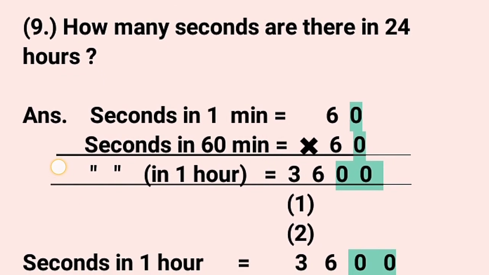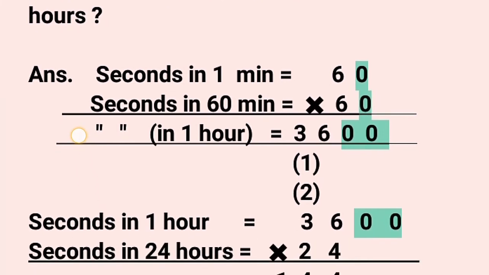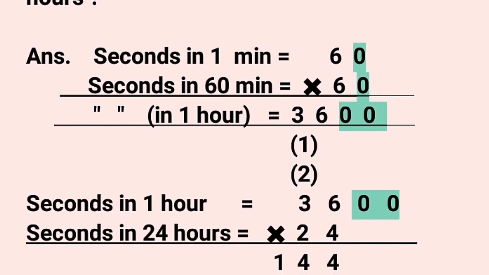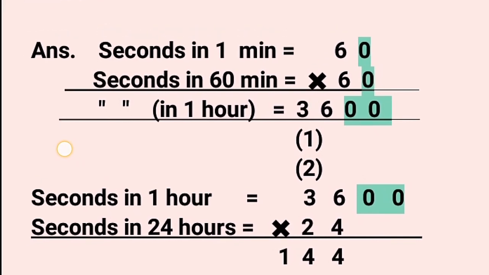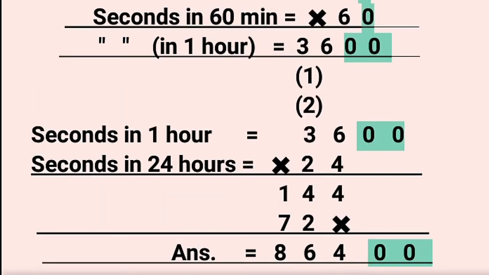So let's start. We know that seconds in 1 minute is equal to 60. 60 seconds है, right? Now seconds in 60 minutes. 60 minute means 1 hour. 1 hour में कितने seconds है? That is equal to multiply by 60. So let's multiply. Now here you can see that these two zeros are highlighted. Two zeros added with the 2 sixes will be added in the answer at right hand side. Now let's multiply 6 and 6. 6 6 are 36, right? We will write these two zeros as it is, right? Now seconds in 1 hour is equal to 3600.